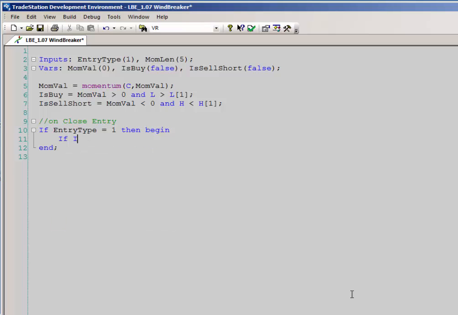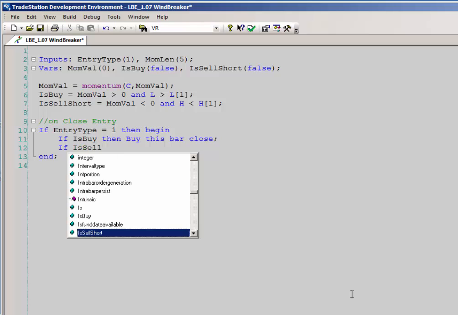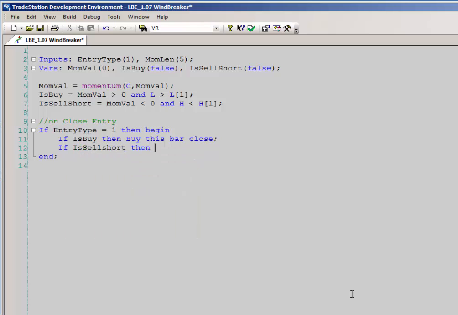If is buy, then buy this bar close. If sell short, then sell short